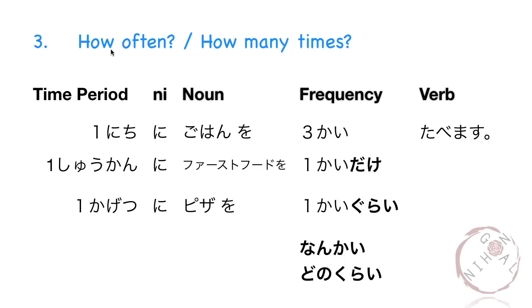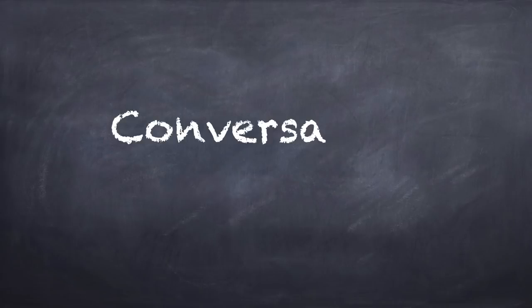And next, how to ask how often or how many times. Time period ni, noun, frequency, verb. For example, 1日にご飯を3回食べます。1週間にファストフードを1回だけ食べます。1ヶ月にピザを1回ぐらい食べます。And to ask how often or how many times, we say 何回 or どのくらい。